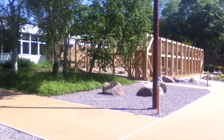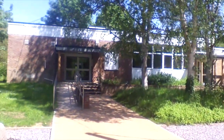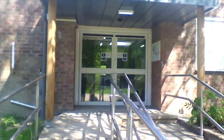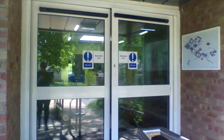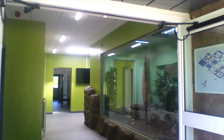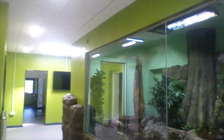Hello and welcome to our newly refurbished animal centre. This new facility is still under development, but we thought it would be a good idea to let you have a little peek at some of the new enclosures within the exotic centre. From the entrance of the new animal centre, we enter the exotics building, where to our right is the iguana